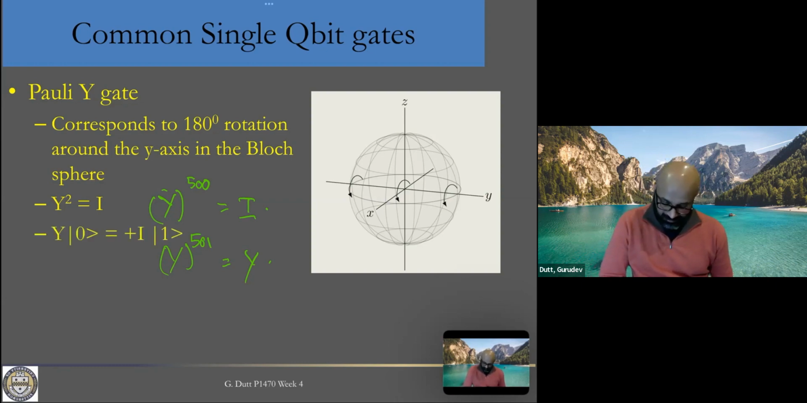Okay, and what is Y? In this case, we see that Y takes 0 to 1 with a plus I phase, okay? And it takes the 1 to minus I times 0. So it flips 0 to 1, and it also has a phase I. So it doesn't just take 0 to 1, but it also adds this extra phase I to the state. And then you can verify for yourself that Y acting on plus I is I times plus I, and Y acting on